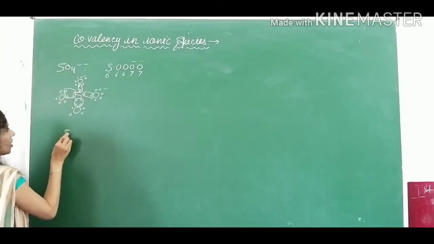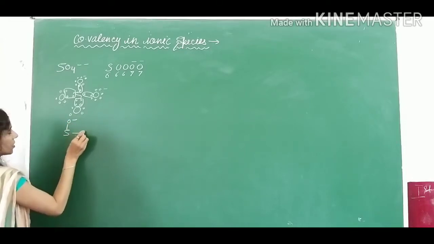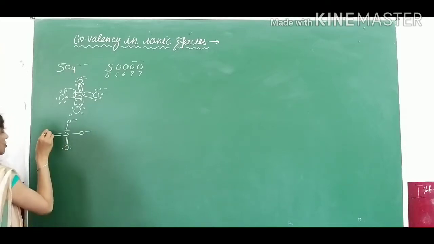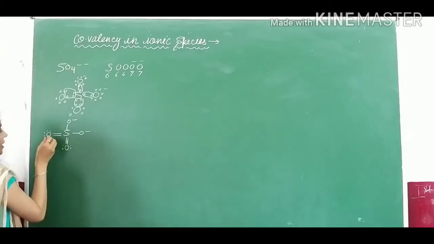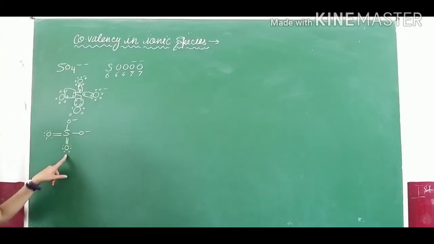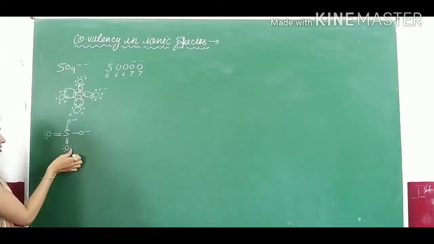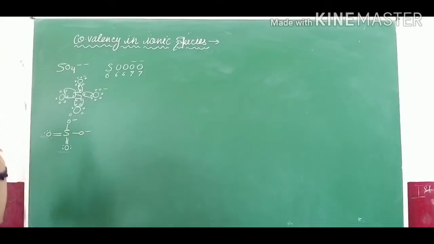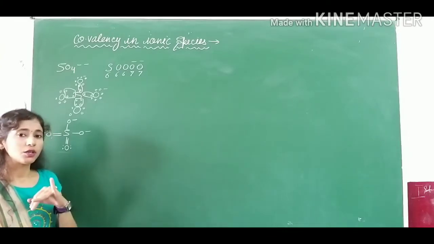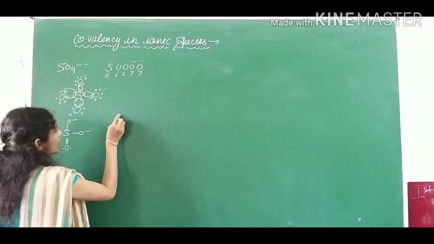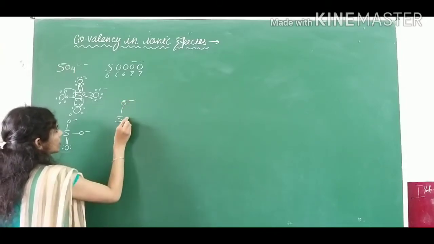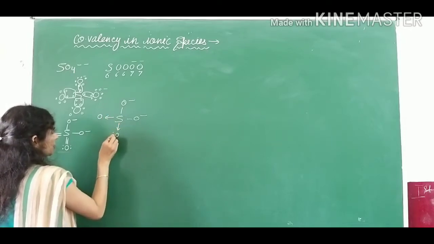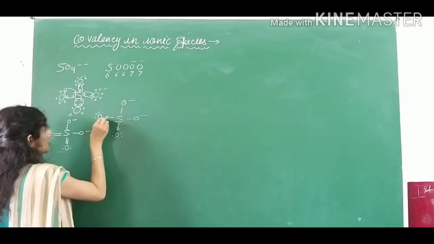Okay, so now you can write their structure in this way. And the remaining electrons, those not participating in the bonding, will remain the same. The 6 electrons will be mentioned. Okay, not 6, sorry, you have to mention here 2 electrons because the rest are participating. But if you mention their dative bond, then it is to be mentioned like this: oxygen negative, negative, that dative it is to be there and dative it is to be there. The remaining 6 electrons will be mentioned as it is.